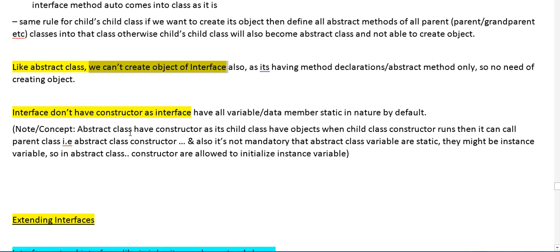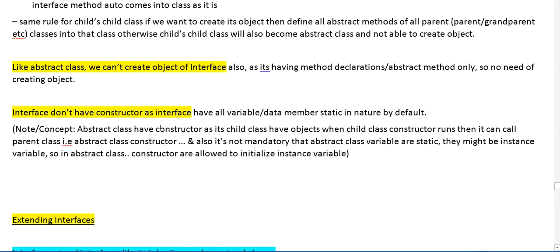So by default we cannot create the object of an interface. Interface does not have constructors also, as an interface has all the variables static in nature by default. In an abstract class we have instance data members, and we can have constructors also, but in the case of an interface we don't have a constructor.